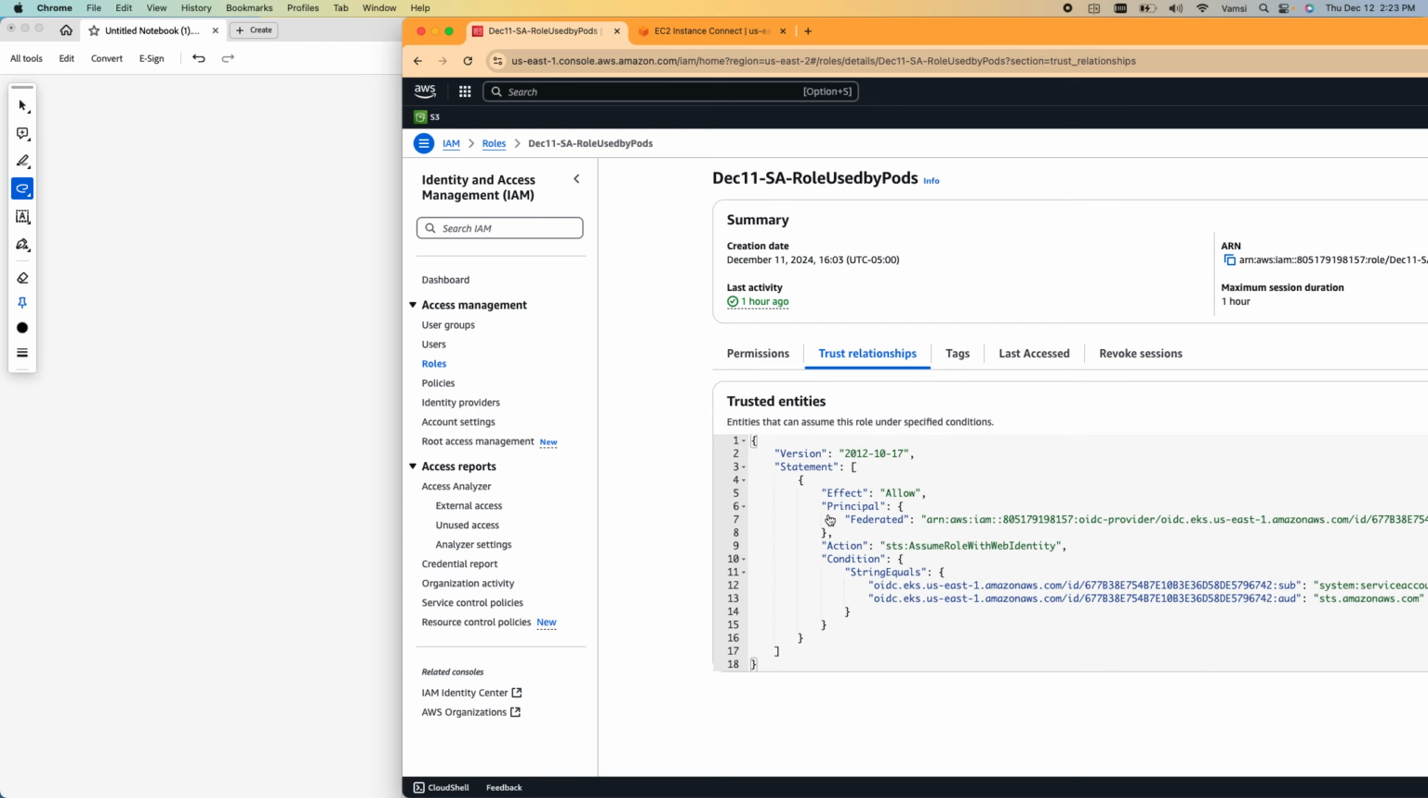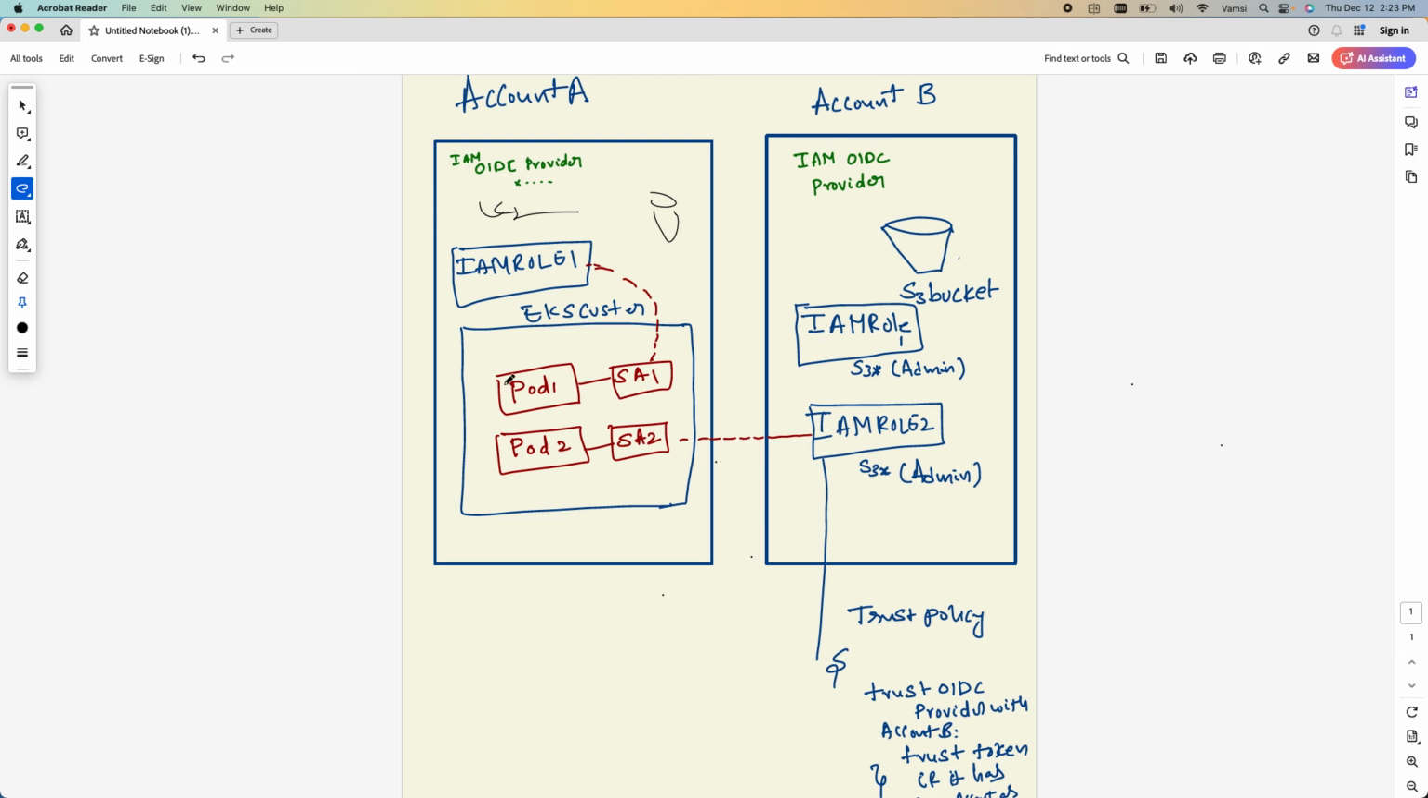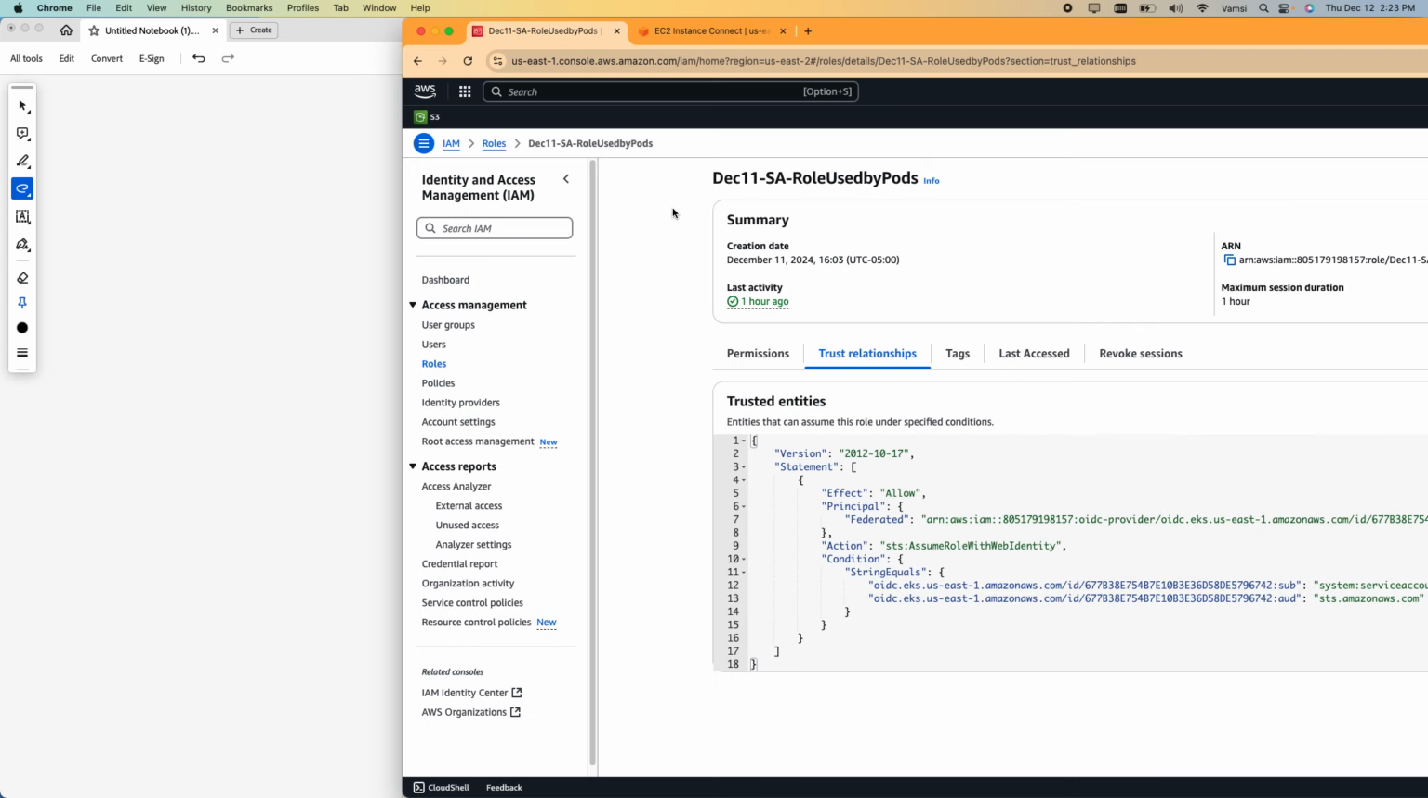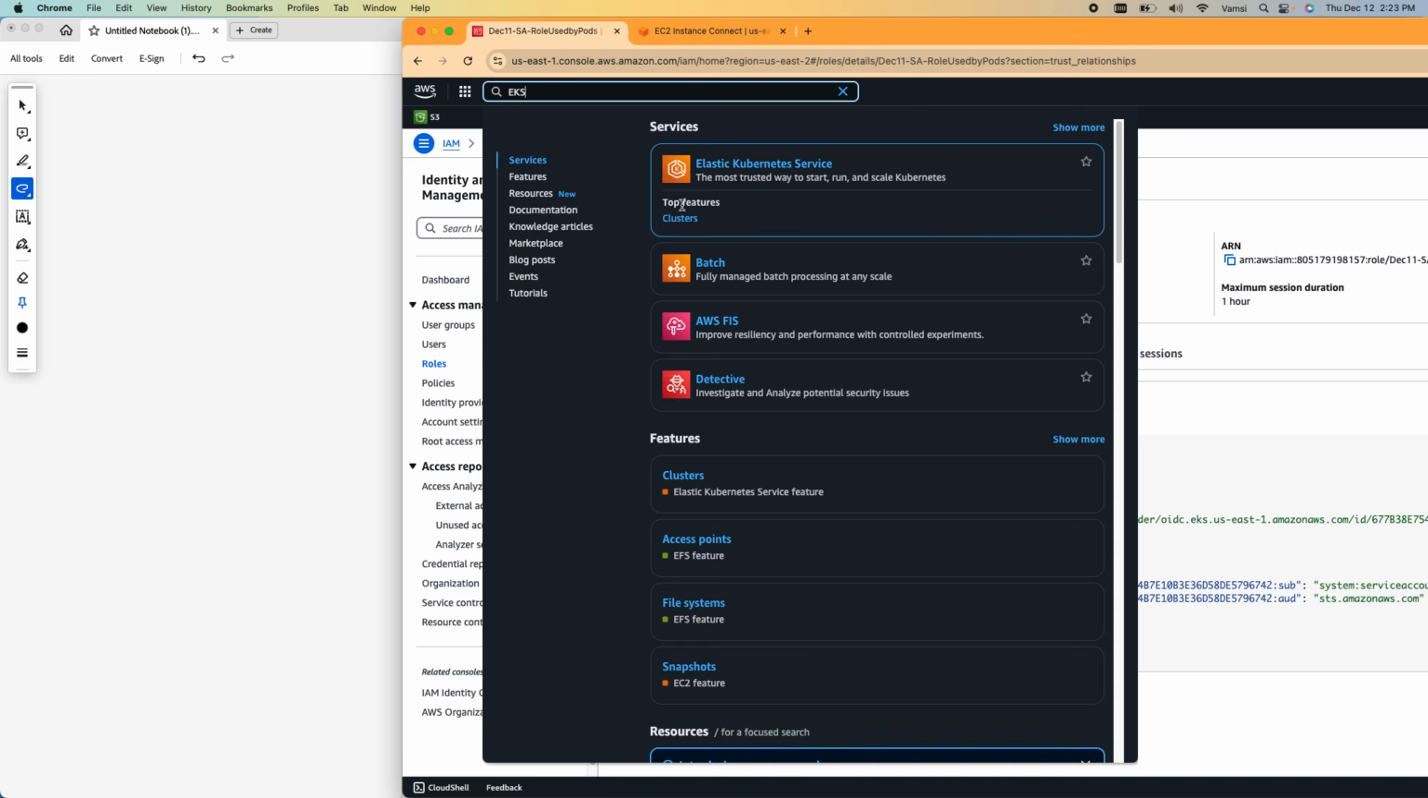Now I'll come to that OIDC provider. What is an OIDC provider, right? When you create this EKS cluster itself, we are going to get one OIDC, OpenID Connect provider URL. It is not associated yet. So the moment I create an EKS cluster, through Terraform or whatever way,